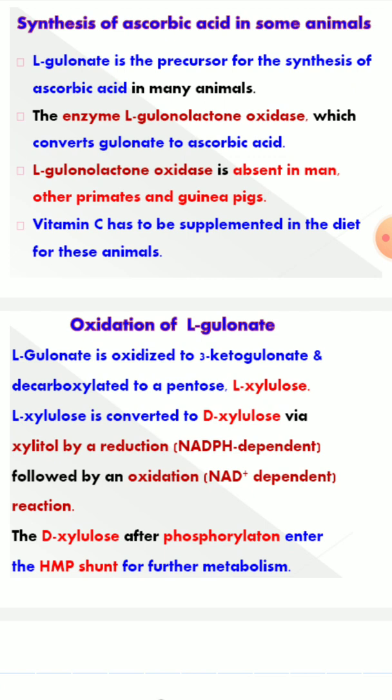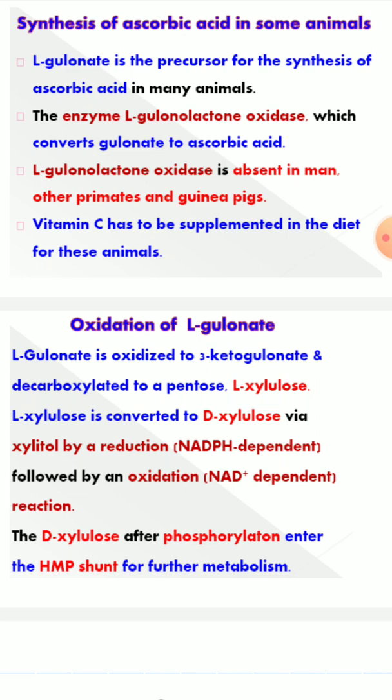L form is getting converted to D-xylulose via xylitol by a reduction reaction, which is catalyzed by the, what is that? Reductant molecule, NADPH molecule. So this is an NADPH dependent reaction which is followed by further oxidation, that is mainly involving the cofactor or coenzyme NAD plus dependent. So oxidation is going to happen, NAD plus dependent reaction, and reduction NADPH. Both are going to happen here in this reaction when the conversion of L-xylulose to D-xylulose is happening